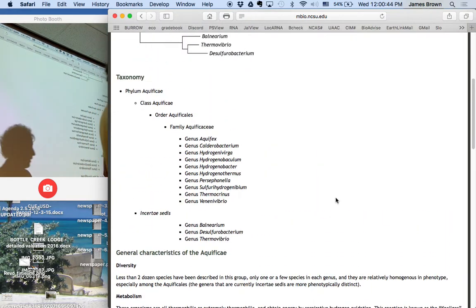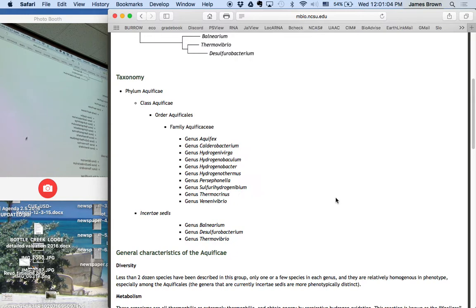I'm hoping that, you probably have never heard of any of these creatures, but if you have, it'll ring a bell. And I'll do that for all of these groups we talk about, so that if you think, well, I worked on Clostridium before, there it is, now I know what it is. I'm hoping to tie your previous knowledge to what we talk about. So that's the reason for this.